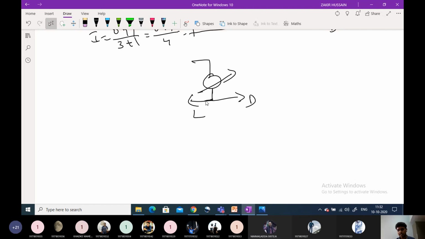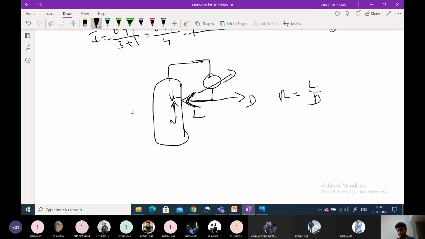When we send L very high, then only the enrichment happens; that's the major role in a continuous distillation column. When the amount of L we are sending inside is very high, there is a possibility that vapor and liquid will exchange with each other. Then the maximum of the more volatile component will reach the top. In a single go it will not happen. When reflux ratio is high only, our distillate will be enriched. This L we have to send at maximum, so L will be very high, we can assume.